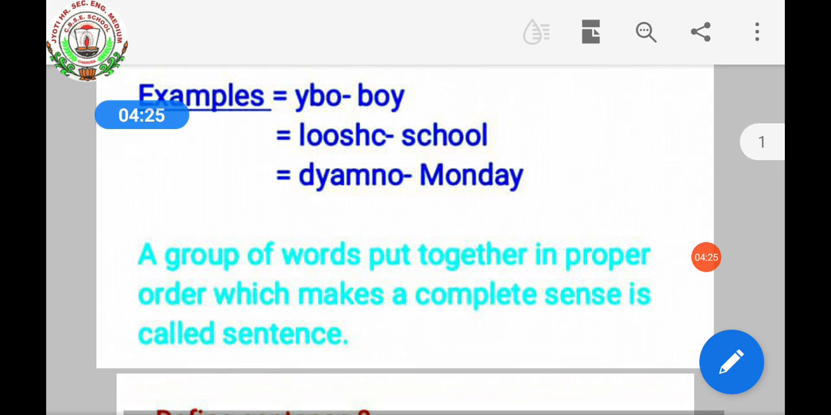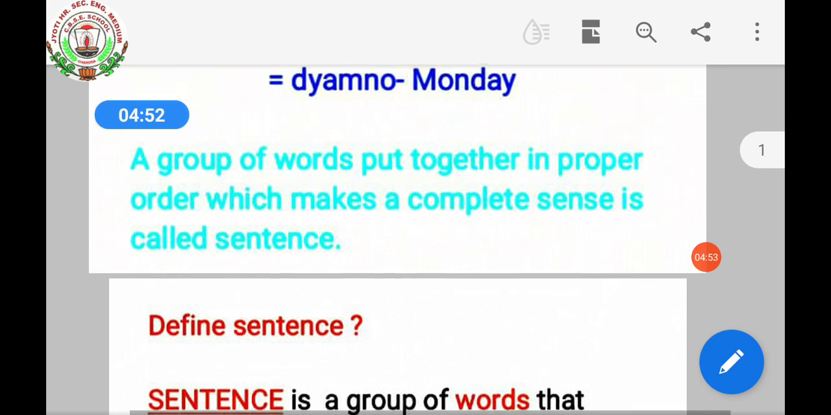Okay, now a group of words put together in proper order which makes a complete sense is called a sentence. सेंटेंस क्या होता है? जब ग्रुप ऑफ वर्ड्स को हम एक प्रॉपर ऑर्डर में लिखते हैं तो वो एक कंप्लीट सेंस देना चाहिए, यानी कि वो कंप्लीट मीनिंग कन्वे होना चाहिए, तभी वो सेंटेंस होता है. ओके, नाउ सी,